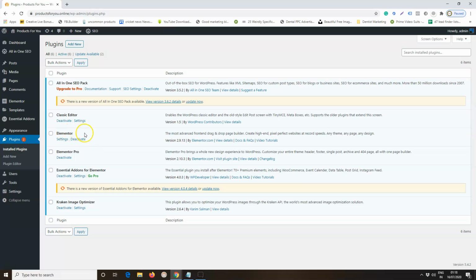Once you install these plugins, you will be asked to sign in first, and once you sign in, you can use the Elementor editor. So let's get started. I have already installed this, so it will not ask me to connect my login details. It has already saved those details. If you're using it for the first time, Elementor will ask you to connect to your account. Okay, so let's create a new page.